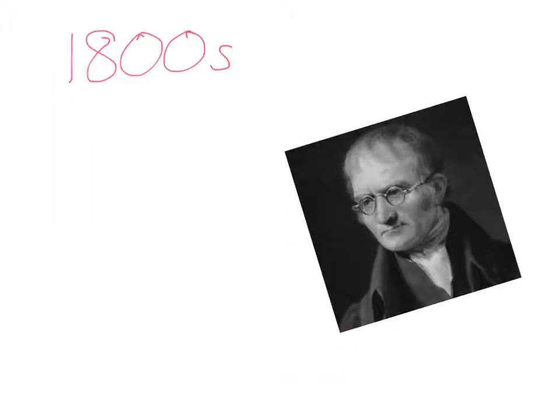In the early 1800s, John Dalton developed his atomic theory. John Dalton's theory made a prediction about the atoms. He predicted that atoms are tiny particles that make up elements. They can't be divided. All atoms of a given element are the same, and atoms of one element are different from those of every other element. He used his own symbols to represent atoms of different elements. He also developed the first table of atomic masses.